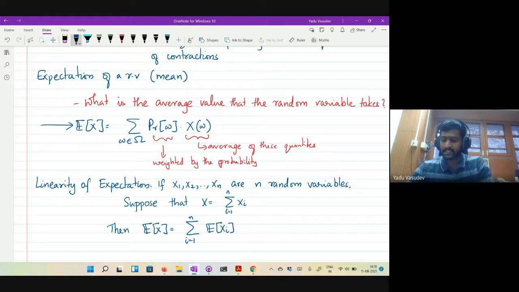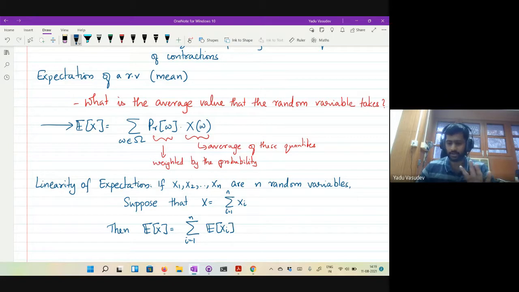And the other thing is, we don't really care what these random variables are, whether they are dependent on each other, independent of each other, and so on. It works for any n random variables. So it's a very useful fact. It's a very straightforward fact. It's not very difficult to prove this. It's a standard proof, it's there in every book, and it's a fairly straightforward claim to believe as well. But it's incredibly useful when analyzing randomized algorithms.